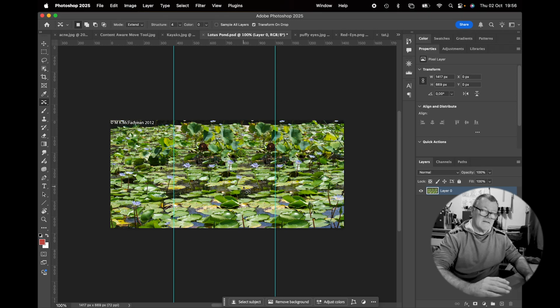Now this is kind of the old way of doing it. There of course are generative ways of doing this now, which is much more effective, but if you don't have access to the generative tools, or maybe you're not online, this is one way that you can extend an image. All right,